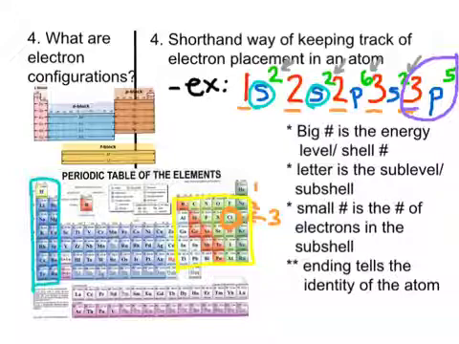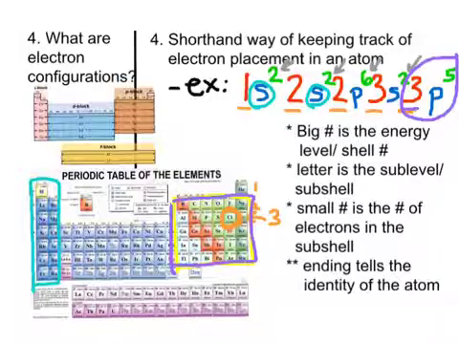alright, so the 3rd row down. It's in the P block, which is over here, and it sits in that 5th spot in the P block. So 1, 2, 3, 4, oh, there he is. Chlorine is number 5 over there on that P block in the 3rd shell. So that last ending part tells you the identity of the atom. Alright, so let's take a look at and start practicing writing these things out if you're just given an